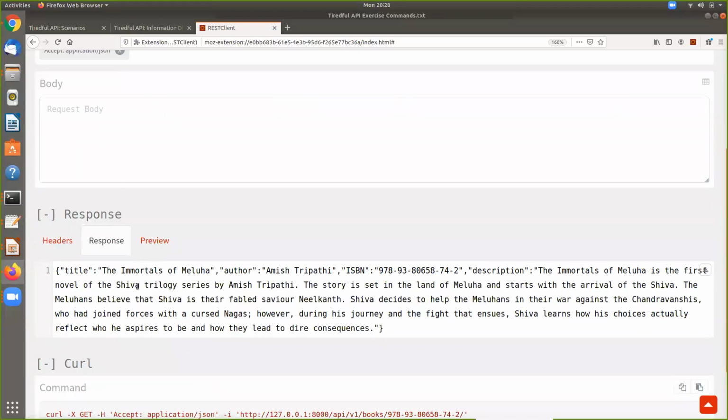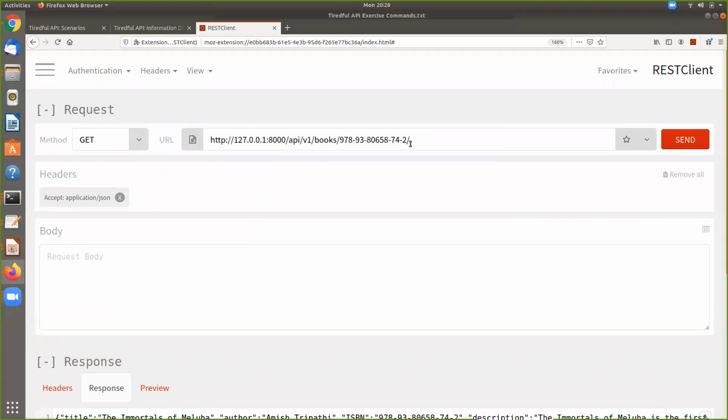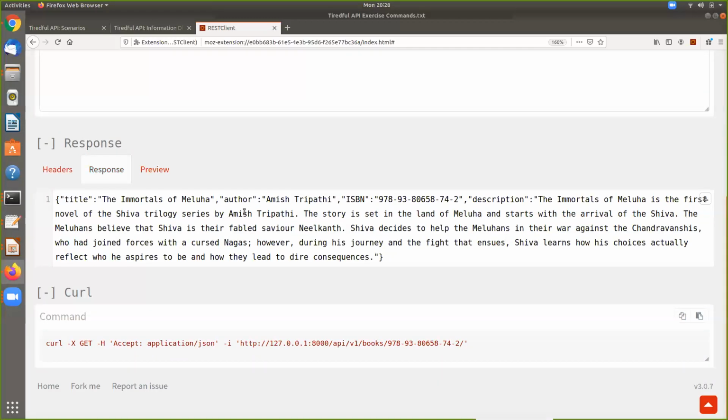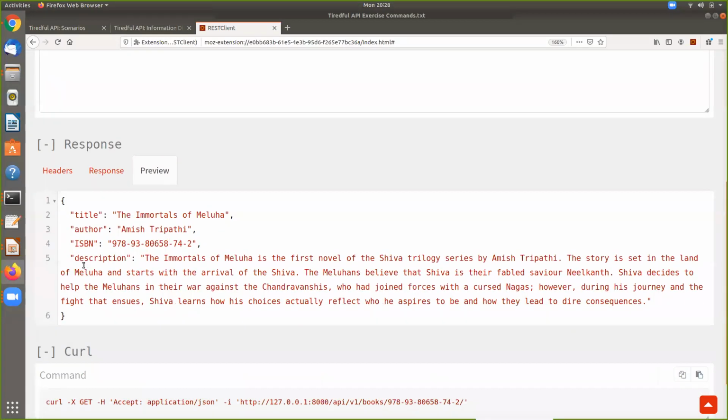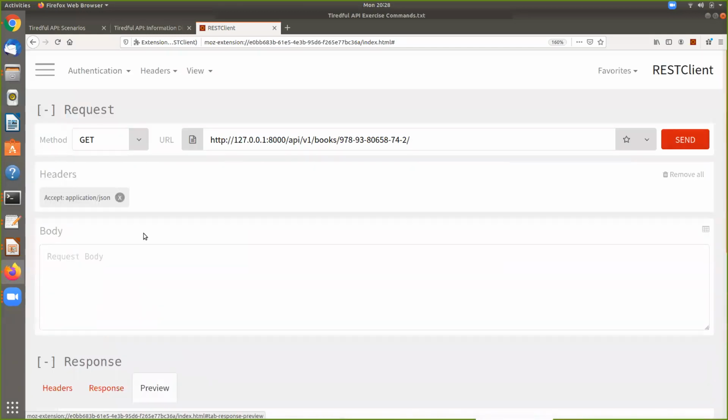So we sent that, and again, we had in our address that ISBN number right here, and they give us a few examples. And aside from the response, if we look at preview, again, we get a nice JSON formatted breakdown of that. And pretty much everything looks as we expect.